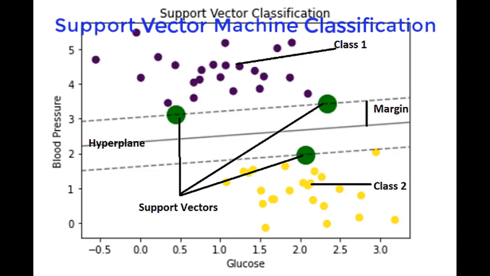After that, we try to find the optimal hyperplane that differentiates the two classes very well. In this case, the hyperplane is a line, as shown in the image, as we have only two features. The hyperplane forms the decision boundary. The data points that fall on the decision boundary are called support vectors.